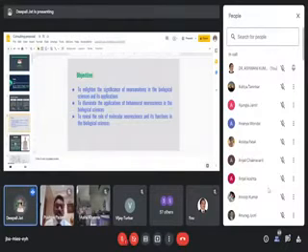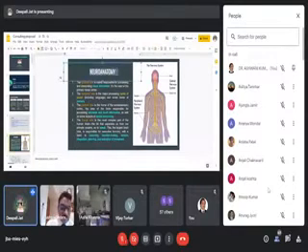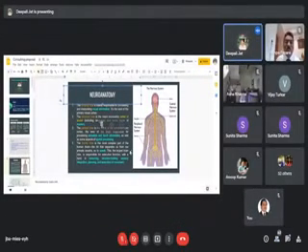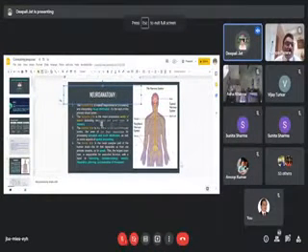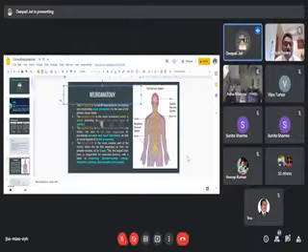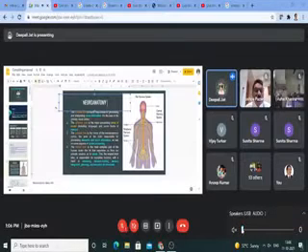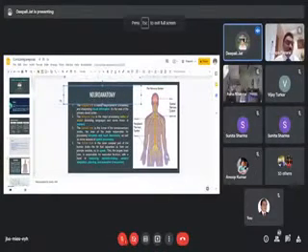Let us first talk in detail about neuroanatomy. As we all know, the nervous system is comprised of the central nervous system and the peripheral nervous system. The central nervous system consists of the brain and spinal cord. The peripheral nervous system, as you all know these basics, consists of ganglia and nerves. So ganglia and nerves are called the peripheral nervous system, and the brain and spinal cord are known as the central nervous system.